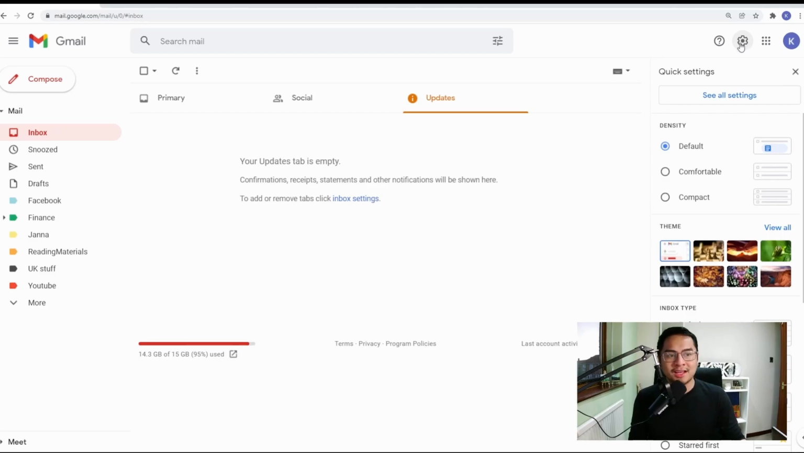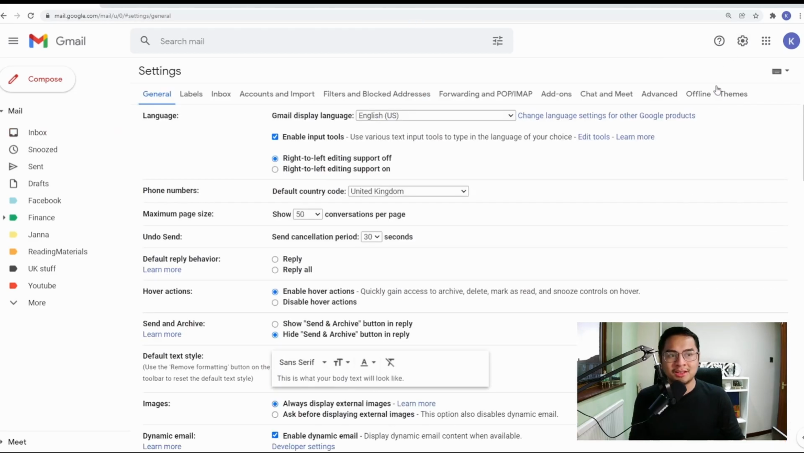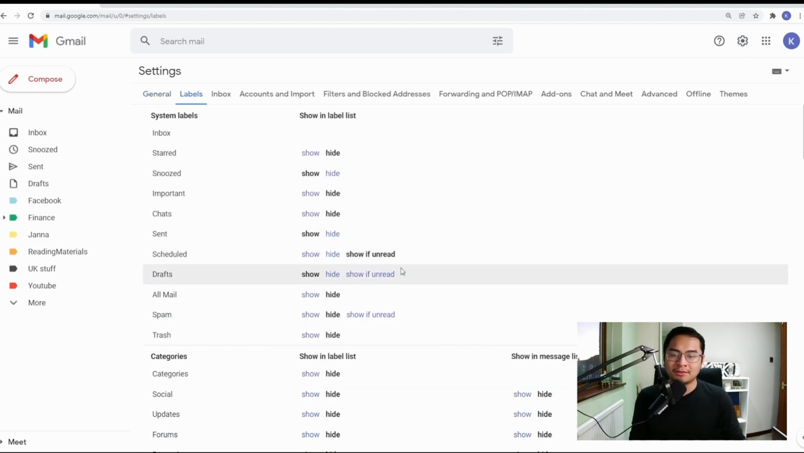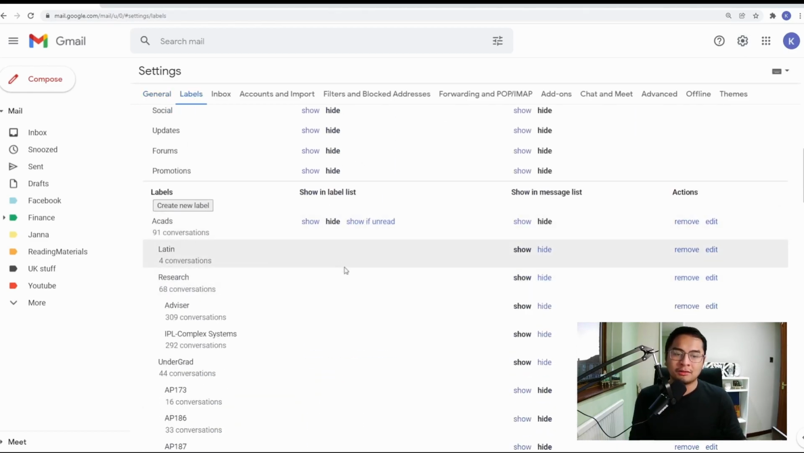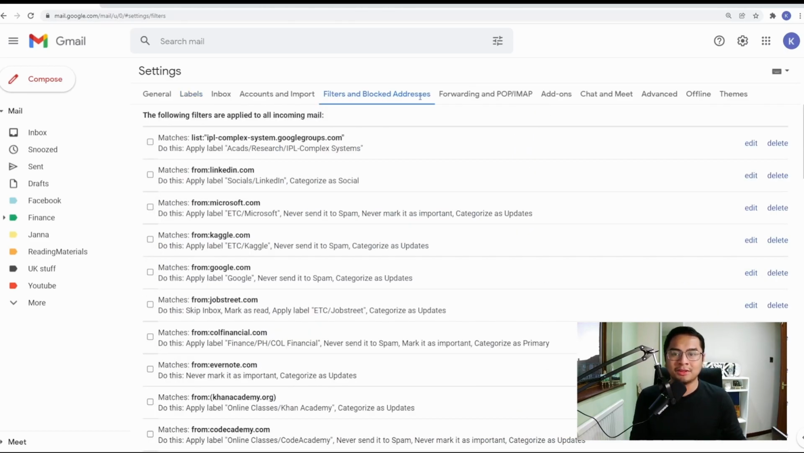You can go to settings, and then if you see all settings here, you can find all the labels that you will create here. So as you can see, you can also see the number of emails that you have for each label. Filters and blocked addresses will also be here. So here you can see all the rules that you implemented for each email that you will receive in the future. Here I suggest you explore all the options that you can do